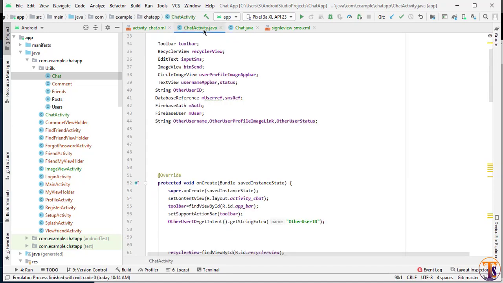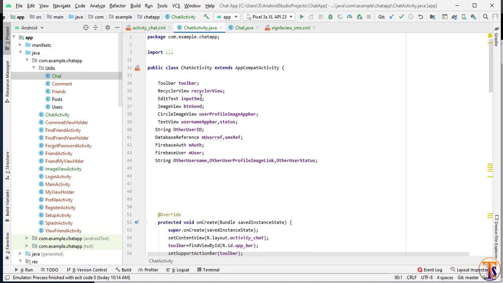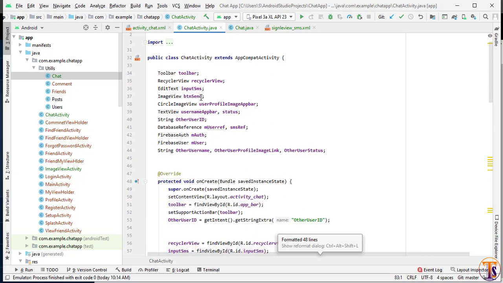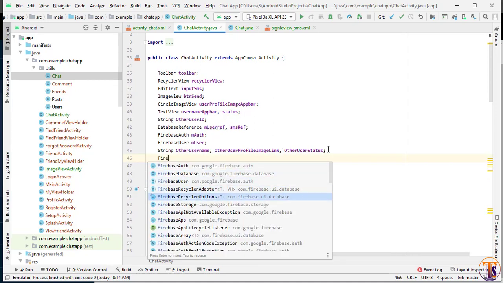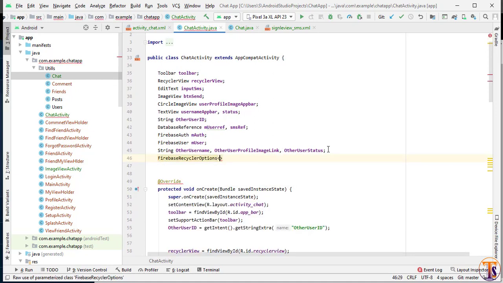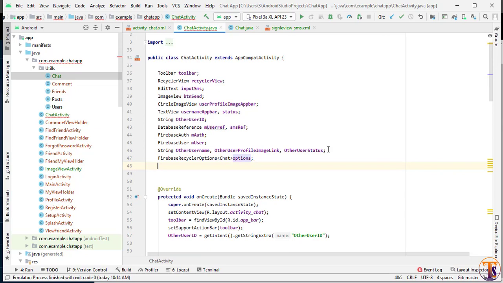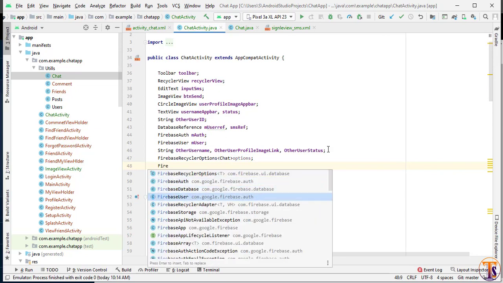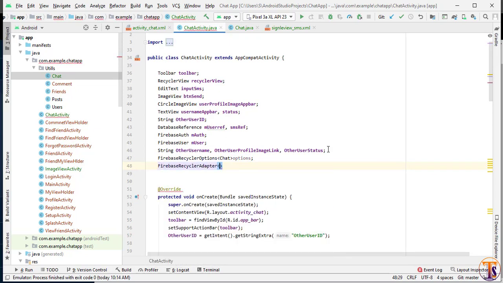Now we will open our ChatActivity.java, and here we will create the Firebase UI recycler view, the Firebase recycler options, and here we will pass our class. Our class is Chat, so I will simply call it options. Now we need the Firebase adapter, so I will select Firebase adapter, and here we need to pass two parameters.